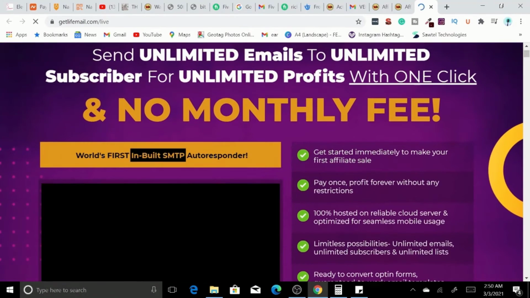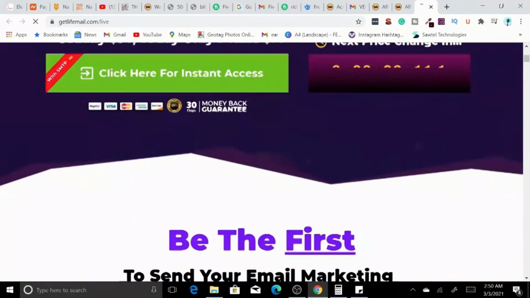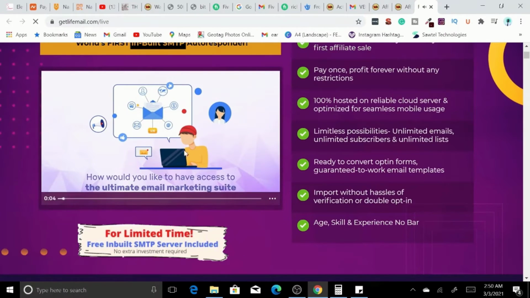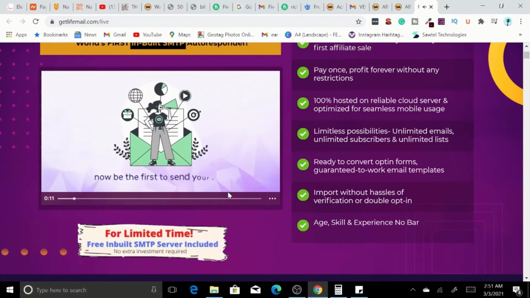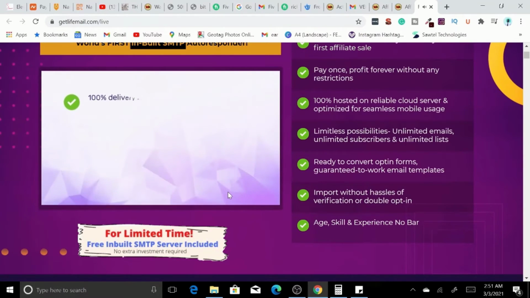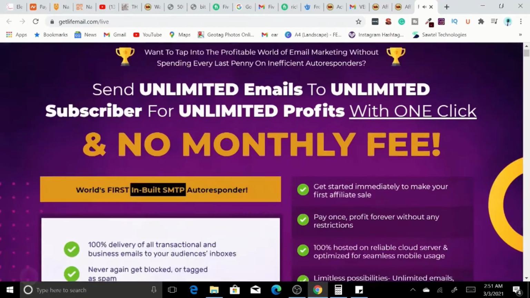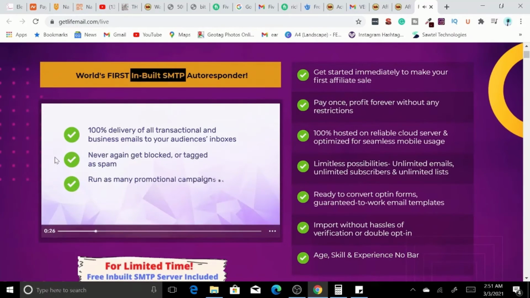So basically this is their landing page. How would you like to have access to the ultimate email marketing suite that allows you to send unlimited emails to unlimited subscribers with just one click? Wow. Now be the first to send your email marketing campaigns using SMTP and enjoy 100% delivery of all transactional and business emails to your audience's inboxes. Never again get blocked or tagged as spam. Run as many promotional campaigns on this website, and